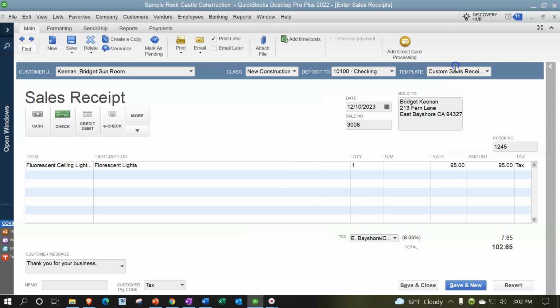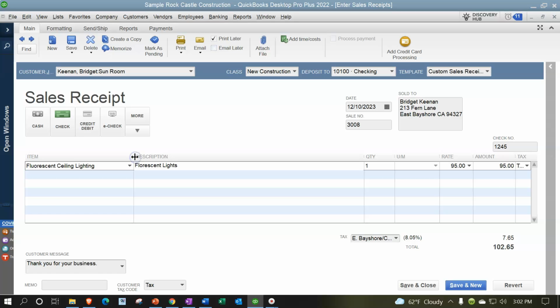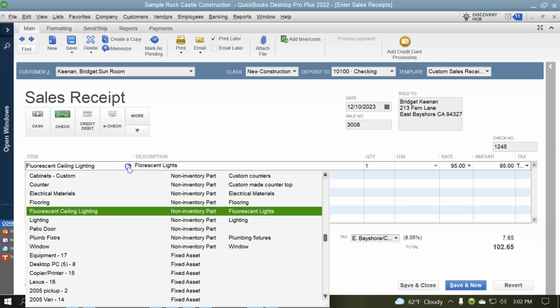I'm going to minimize this item to the left, and then we've got the item. So here's the tricky part. If you're in like a store or something and you're saying, okay, what's the item? This is the drop down that should make it easy. We've got to set up the items properly in the same way as we saw with the invoice in order to make the data input as easy as possible. Remember, it's the same process with the items, in that even if you do service items, you might be thinking, maybe I'll just do an hourly service or something like that. You might want to try to break down the